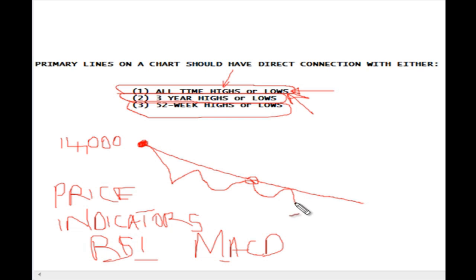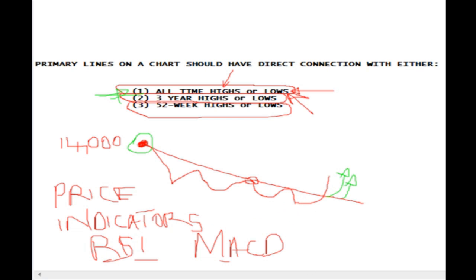What I'm trying to say is the next time you see this instrument move above this line, break out for the first time, which is connecting to an all-time high right there, this is a primary line because it's connecting to an important high. So any buy signal from that range is going to be a stronger signal than, let's say,